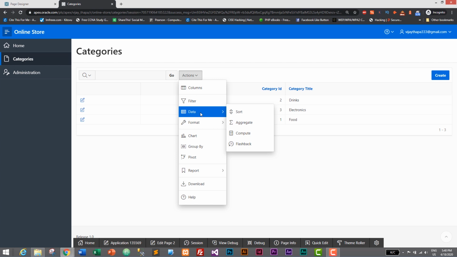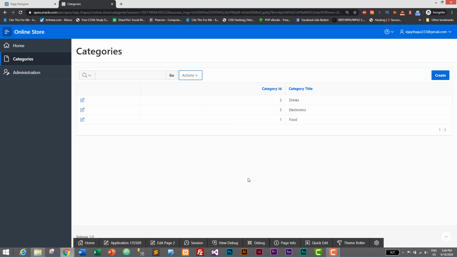You can do a bunch of other things like aggregating, sorting, etc. You can also generate a chart based on this, and download data as an Excel file. So this is how you can create a simple categories form and add, insert, update data and display it in a report.